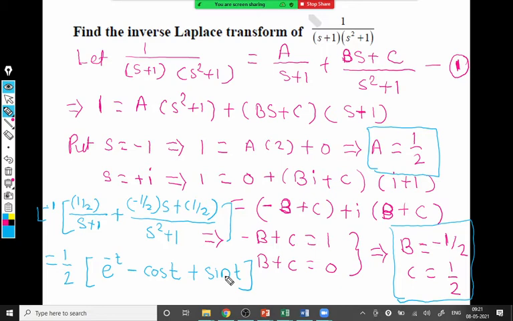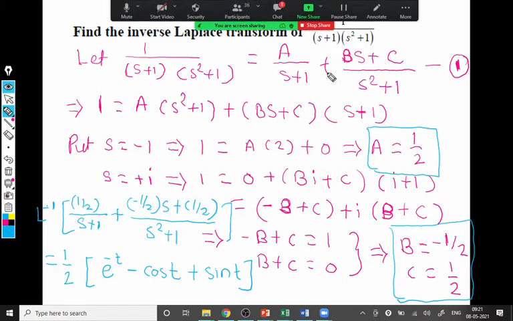Once you complete, tell me. We'll move to the next question. So 3 more questions we have to do. This is the first one we finished. Total 4 questions on partial fractions. We are going to finish it right now, which covers all different types of partial fractions. This is a case where one linear factor is there and the other is quadratic. When there is one linear and another quadratic, it comes like this: A upon s plus 1 and Bs plus C upon s square plus 1. That is the case here.